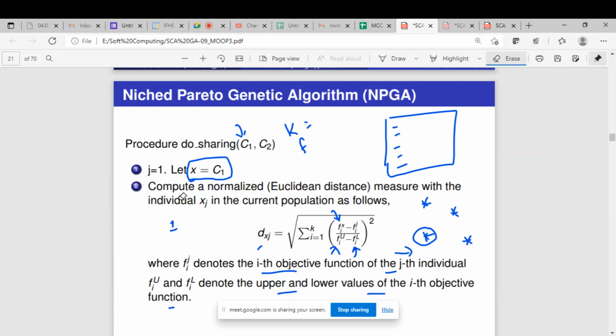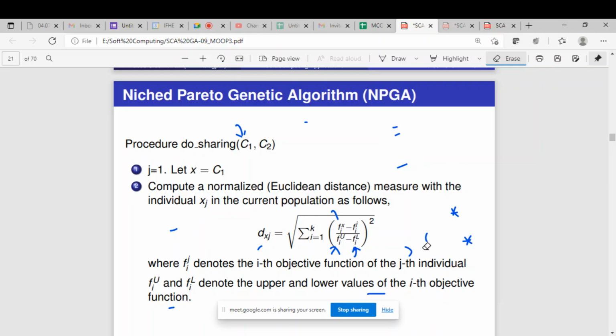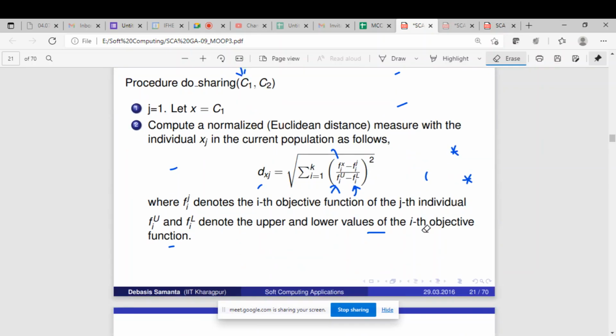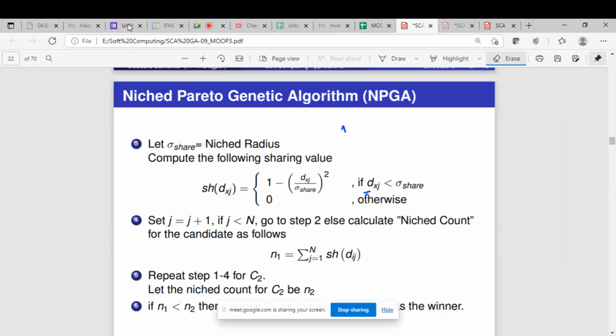Basically, it identifies how many individuals are close to C1 and how many individuals are close to C2. Okay, and based on that only it decides who is the winner. So, for example, here why we are calculating this